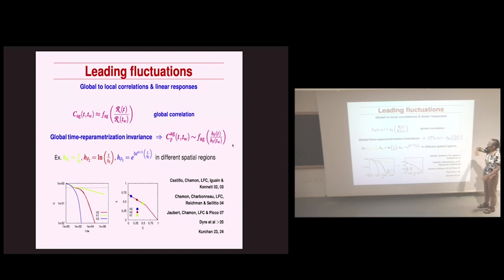This I observed, it's sure, let's say. Now imagine that instead of looking at the full system, I start looking at pieces of the system, and I try to look at how the correlations for different pieces compare to each other. So the fluctuations of the correlations on different pieces. And the claim is that since we have this time reparameterization invariance arising in the long time limits, it should